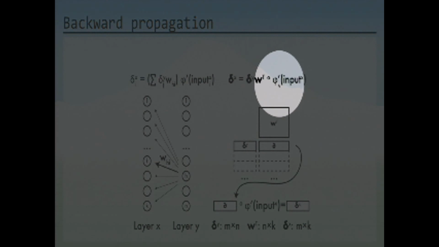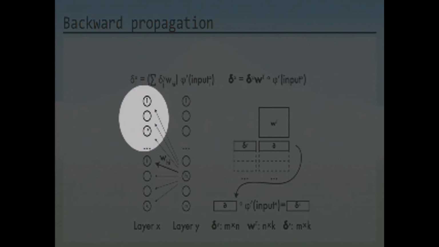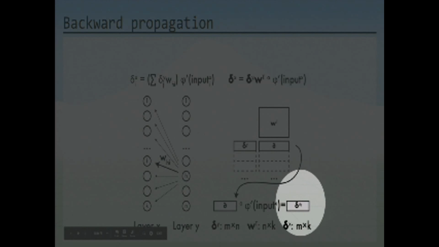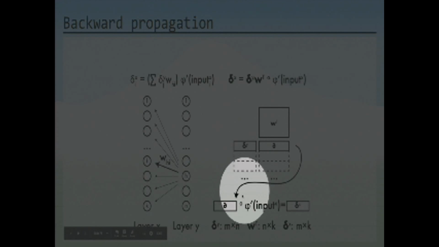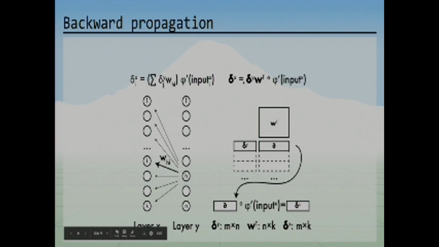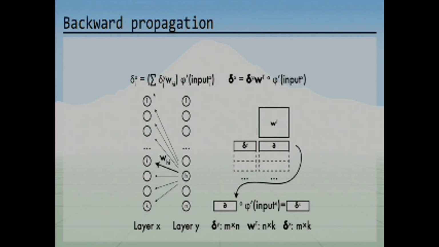And we're going to have to do this multiplication by the gradient information at each of these nodes of our activation function as well. So we can think of the partial derivative information at layer x as being this multiplication of our weights by our partial derivative information at layer y by our gradient information of our activation function for whatever the input was at some neuron. Do people see the correspondence with the matrix operations that we're talking about here